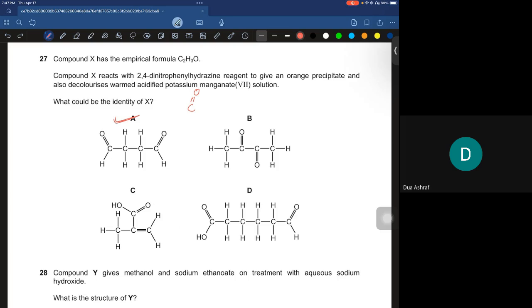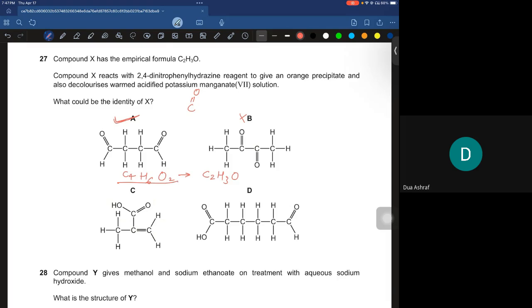Of course, option B is incorrect. This is a ketone, it cannot be oxidized. It has a carboxylic acid, it cannot be oxidized. But why not option D? They have given you the empirical formula. You are supposed to match with this empirical formula. So you can see that it has C4H6O2, so the empirical formula would be